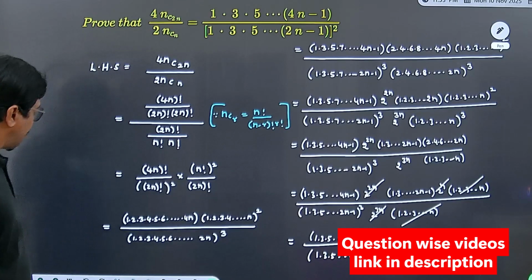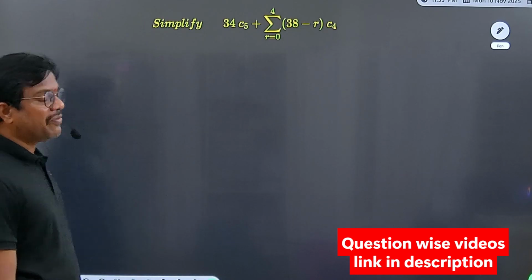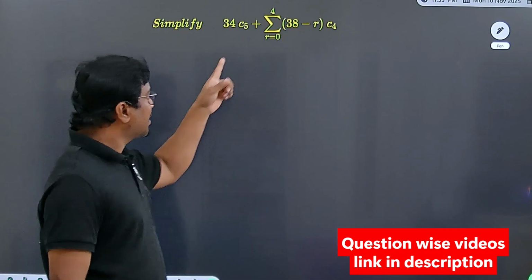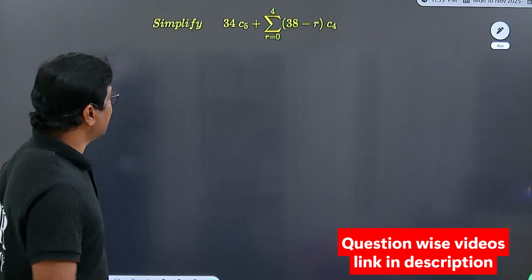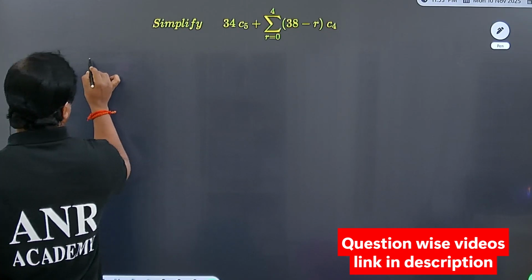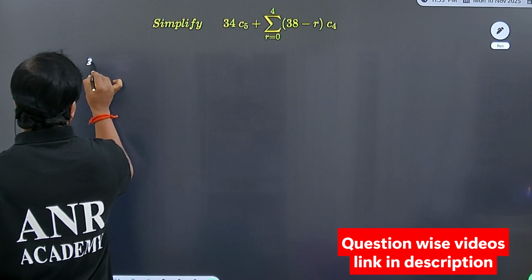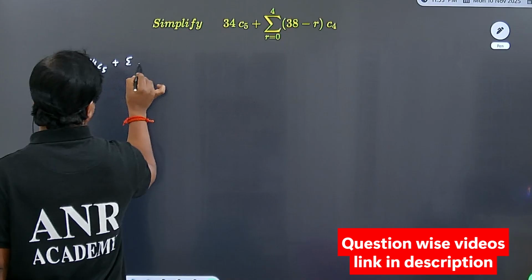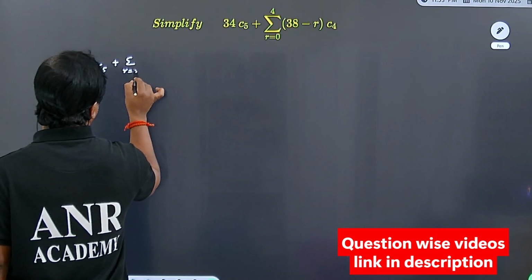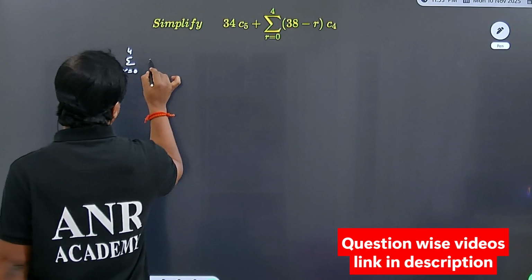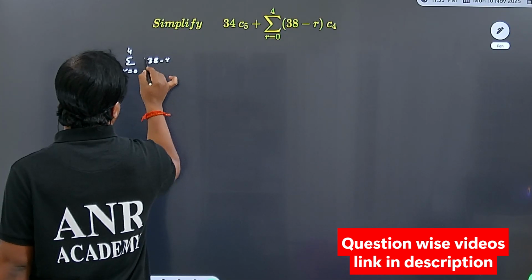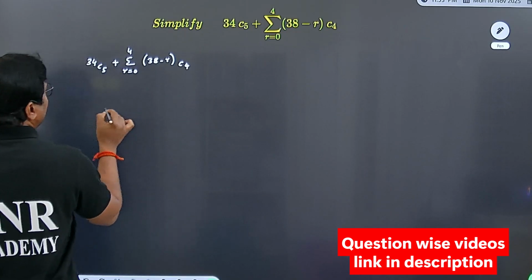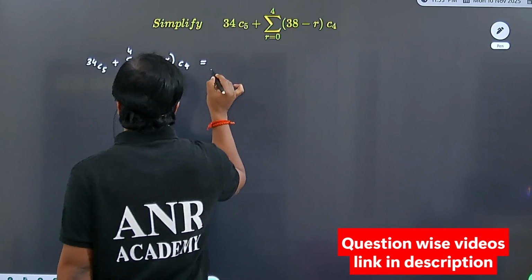Let us move to the next question. Simplify 34C5 plus summation r from 0 to 4 of 38 minus r C4. This is the question. 34C5 is the first term, plus summation r from 0 to 4 of 38 minus r C4, and this can be written as